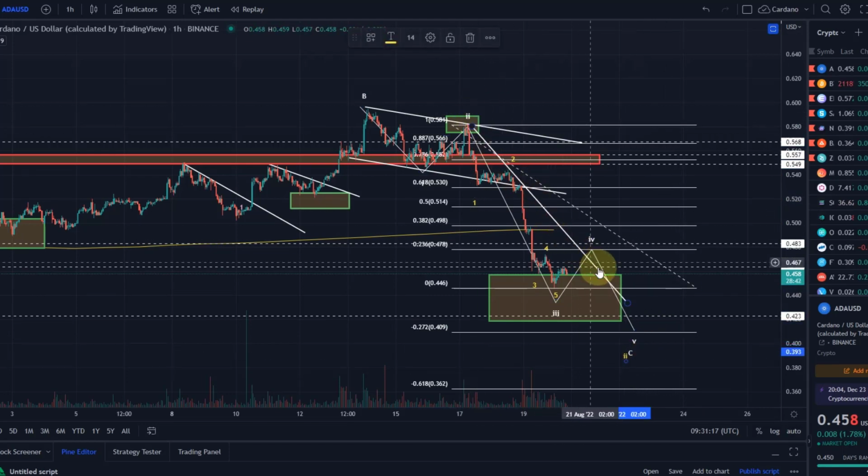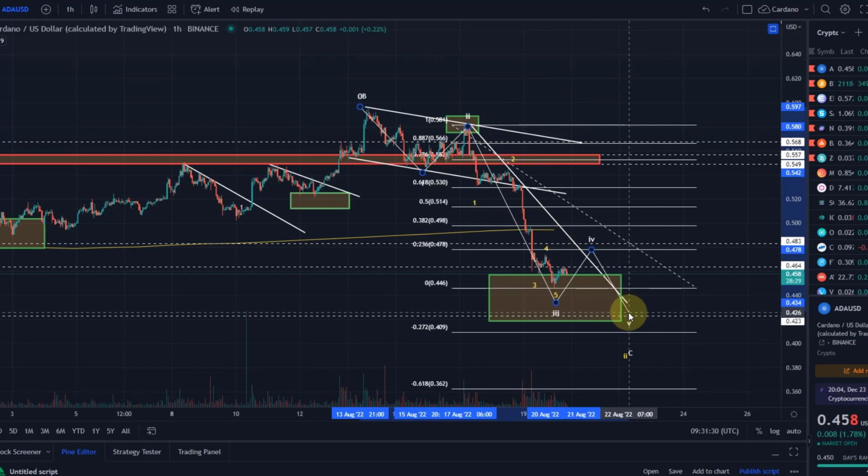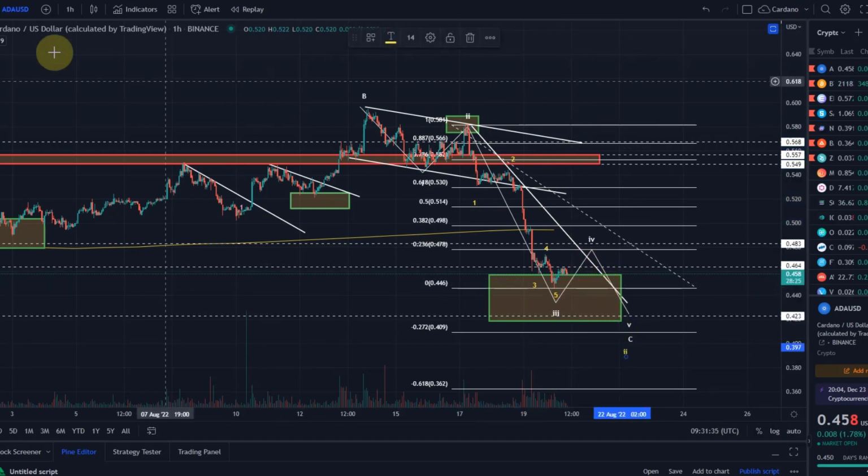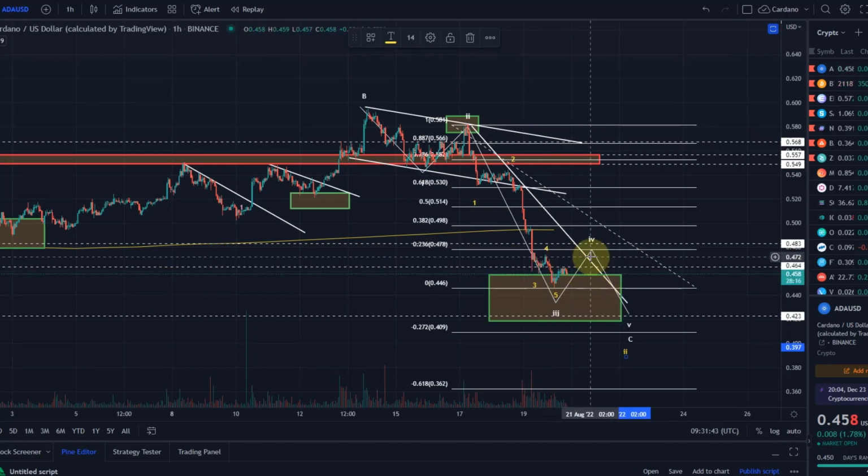Still though, the trend line is relevant, but the condition is as always, we break above it and we hold it. So that the low is in here already and that we've completed already the move down here. The condition would be we break above the trend line and hold it, like with a retest. Because what could very well happen, as indicated here, we go above it in a move to the 23.6% fib level, and we just drop below it again, basically a fake out. So keep an eye on that.